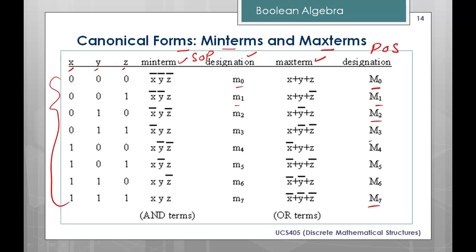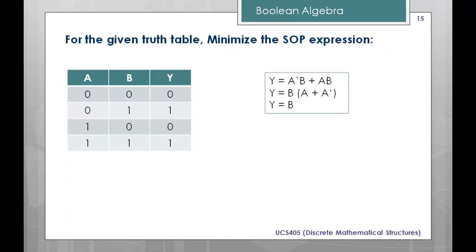Now, here 0 is denoted by a bar. So that means X bar, Y bar, Z bar. Here that is X bar, Y bar, and 1 is denoted by Z without bar. In the same way we can represent the minterms for the other combinations. And how are we going to write the maxterms? See, 0 is denoted simply by X plus Y plus Z, but 1 is denoted by a bar. So this is about the 1. In the same way we can denote it for the others.